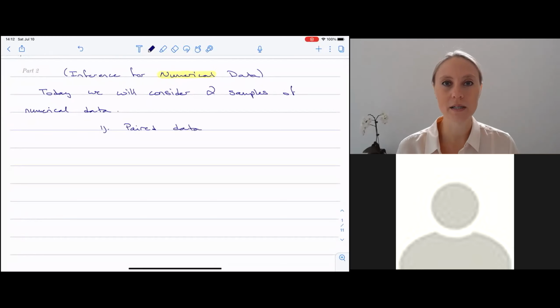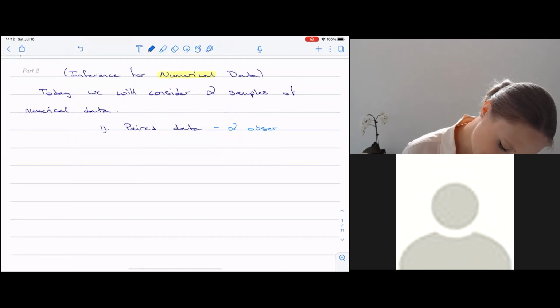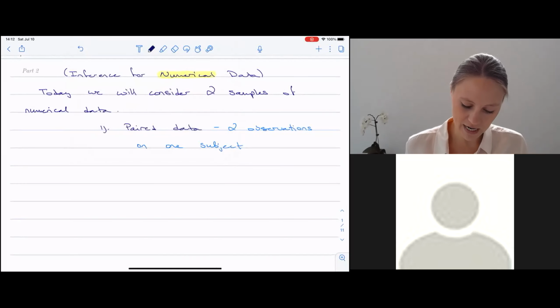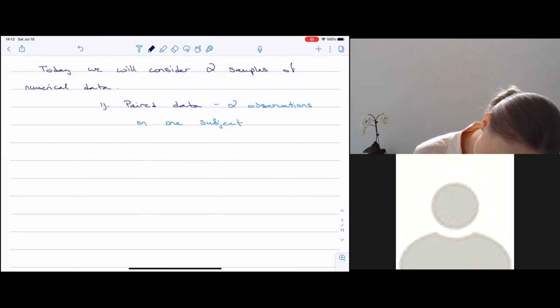right? So paired data is when we have two observations on a single subject, typically. There are a couple of others that I want to talk about as well, but typically paired data is two observations on one subject. So now I want you to just imagine, what does that look like in terms of your data set? Well, it's going to look like